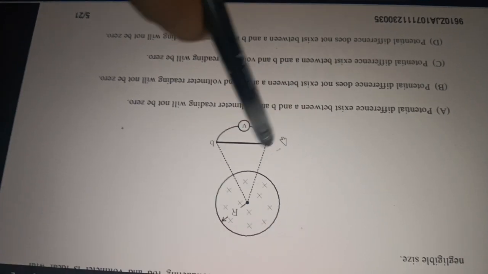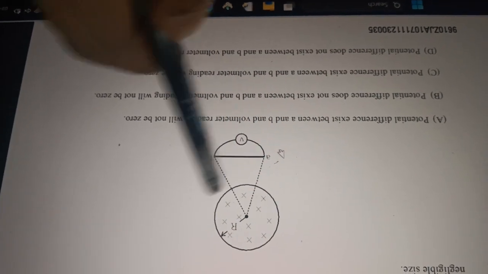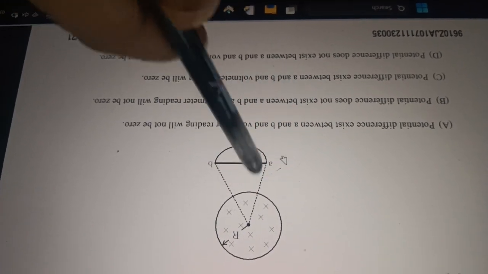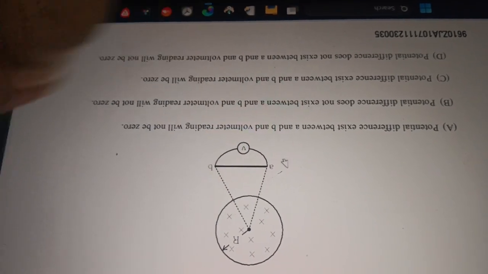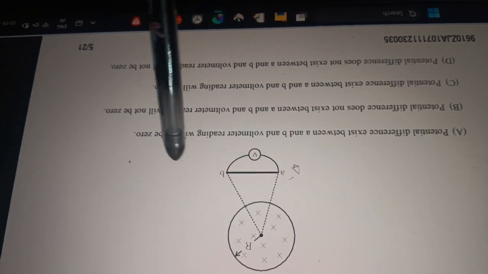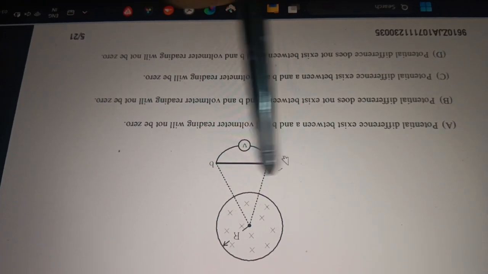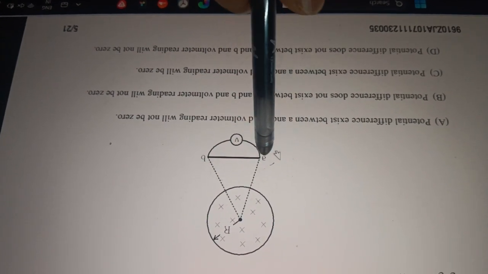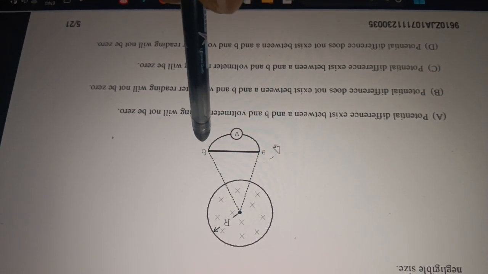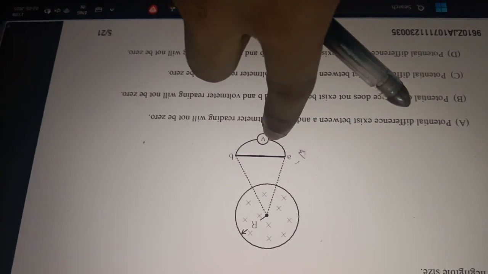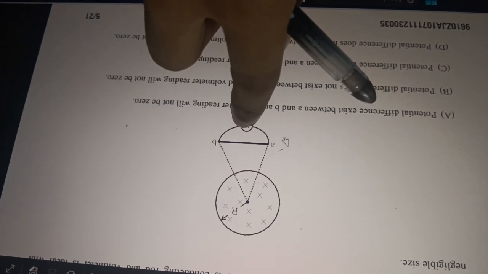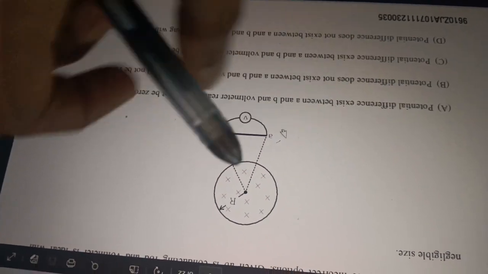But the current is not able to flow, and the total potential difference across this voltmeter would be 0. So we should get 0 for the voltmeter and a non-zero value for the potential difference across points A and B. But if someone asks me what is the value of potential difference between these two ends of the voltmeter, then that would be